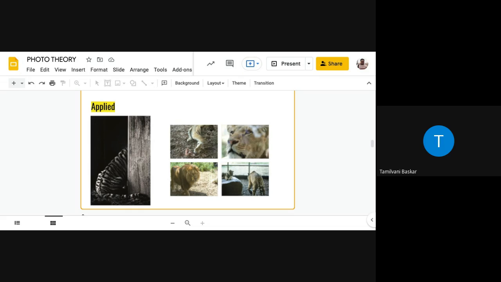Albin. Okay, just put your responses in the chat box. Then we will move to the next. Third one, that's Kavya's. Just put it in the chat box. Third one, sir. Okay.